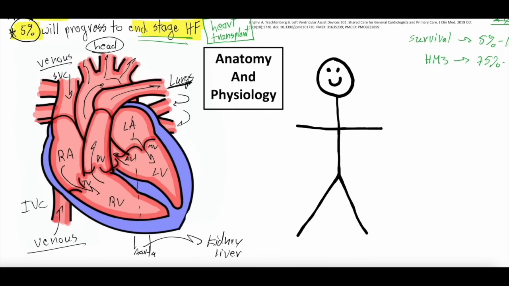So if we were to kind of zoom out and draw it on this nice stick figure, very happy, they're smiley because we're talking about LVADs today. They have a very long neck, apologies, and I'm going to draw their heart a little bit low, right? So the heart's going to be kind of sitting below their arms. And stick with me, I'm not the best of the drawers, but what we have here, right atrium over here, right ventricle here, left atrium, left ventricle, and the oxygenated blood gets pumped out of the left ventricle, right, and